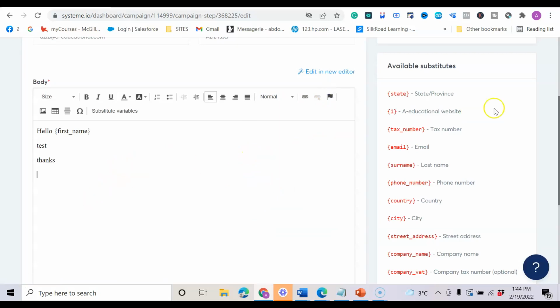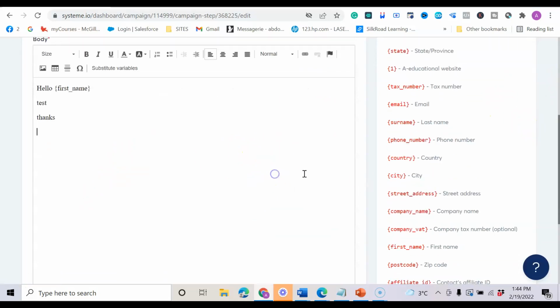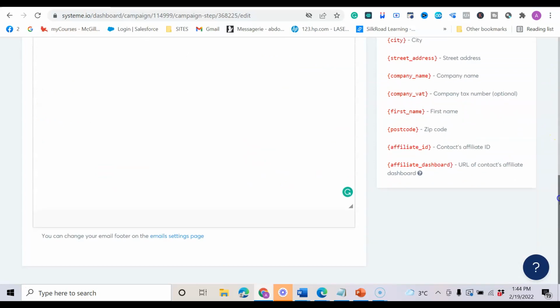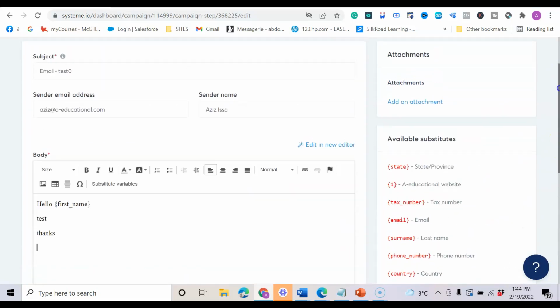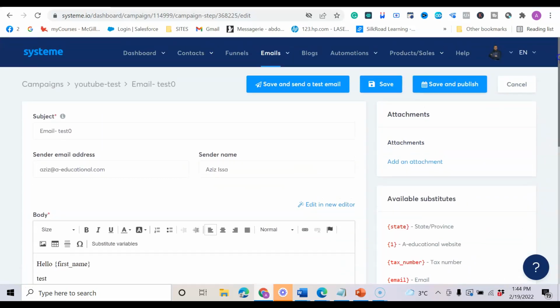Okay, so now all you need to do is, of course, you have three options here. You can save and send a test email, which is nice. So it will help you to see